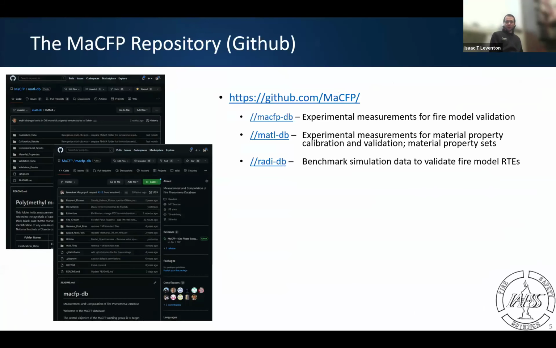Holding this all together is the GitHub repository, and I'll encourage any of you who are not currently following that or watching that or starring that to please head on over to this link to do so. There are 3 subpages there for the gas phase, condensed phase, and radiation subgroups, and they each contain experimental data and modeling results looking at our core cases we just identified before. This is where you can go for all up-to-date data, measurements, property sets, simulation results, and README files describing everything that's in there and how to make sense of that.